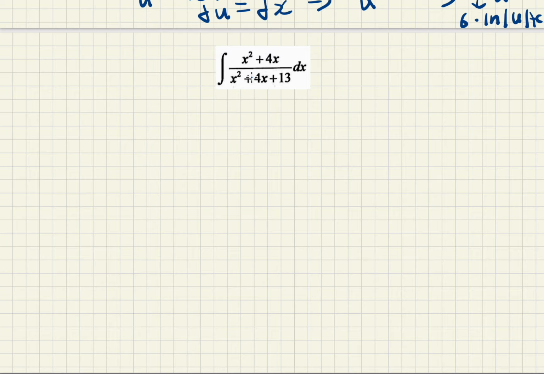So as you can see here, the degree of the denominator is 2 because that is the highest exponent, and the degree of the numerator is also 2, which means that the degrees are equal, and that means we can do long division. So write the denominator here, numerator inside,